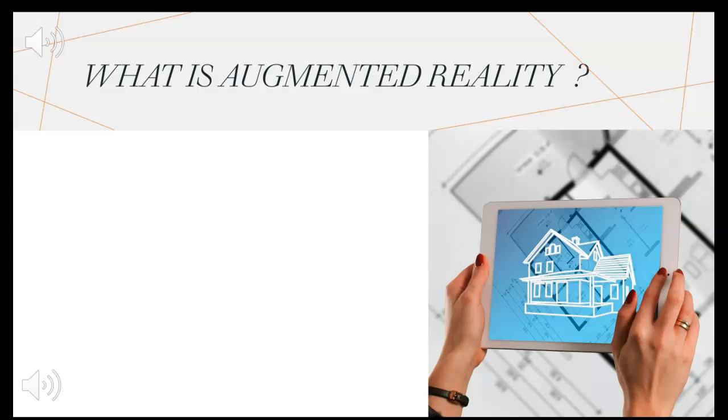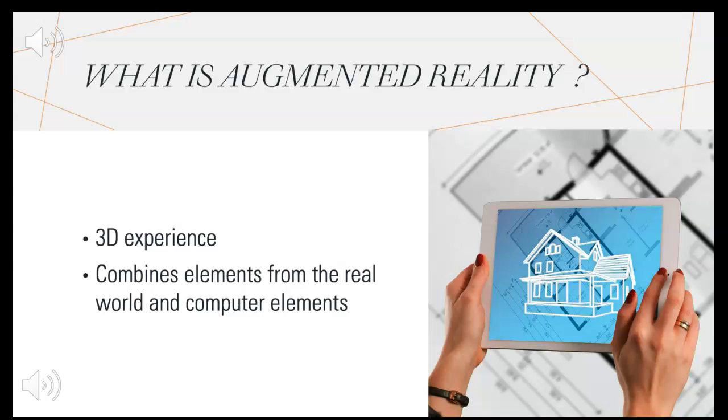What is augmented reality? Augmented reality is a 3D experience that combines features from the real world with elements generated by a computer. Augmented reality can sometimes be confused with virtual reality. However, the main way to tell the difference is that augmented reality involves features in the real world that technology